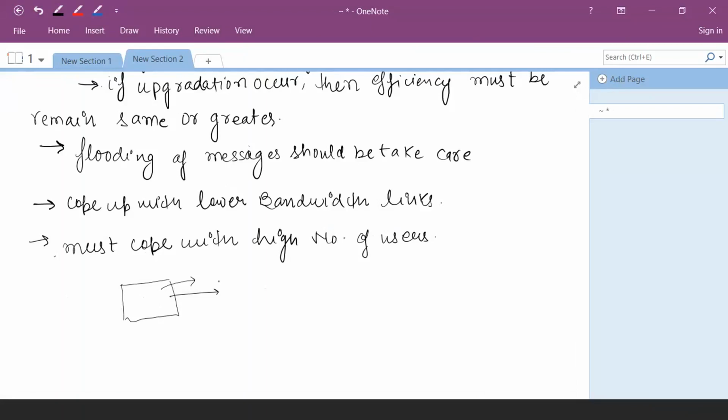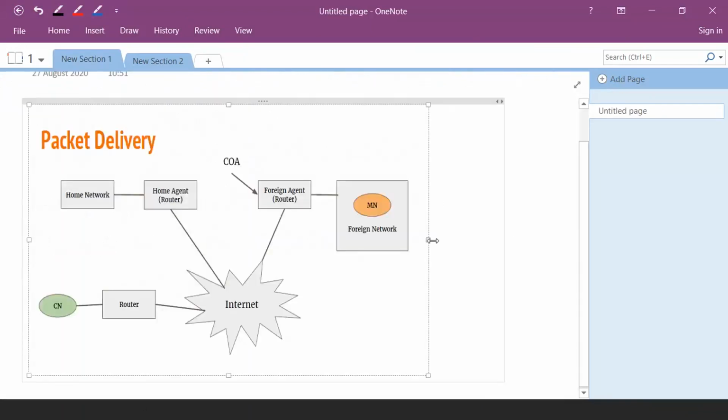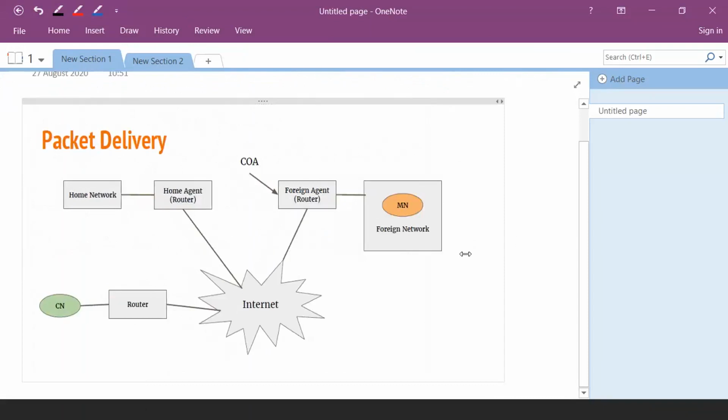Okay, so this is all about today's lecture, mobile IP and its components and all its features. So in the next lecture, I will elaborate on all of the details regarding how the packet is transferred inside the mobile IP from one node to another node, and the handoff, then what are the protocols and what are the binding features provided by mobile IP. And the one you can understand for the further lecture is called packet delivery.